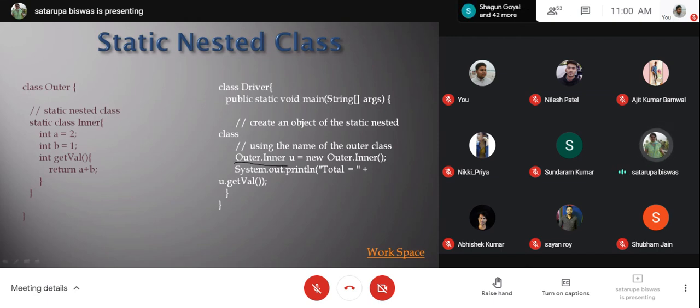Earlier you created an object of the outer class, then through the object you called the inner. But here, just by writing the name of the outer class you can call the inner, so you can instantiate it this way. Then if you write total equal to u.getVal, u being the object of the inner class, 2 plus 1, 3 will be printed.